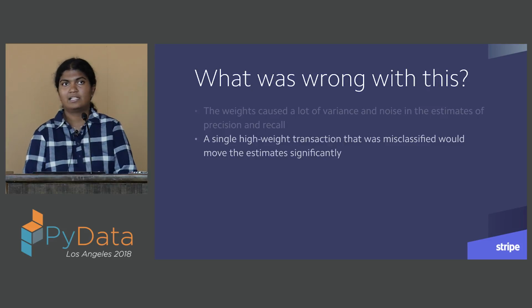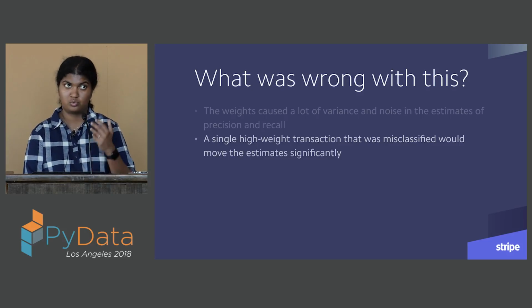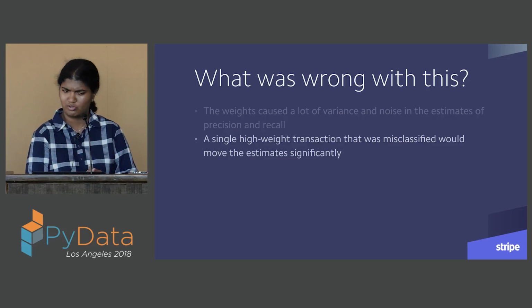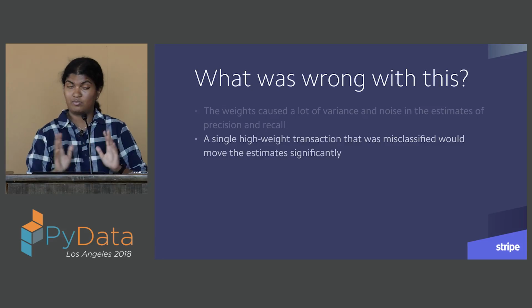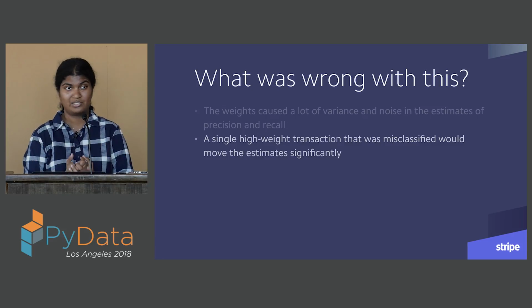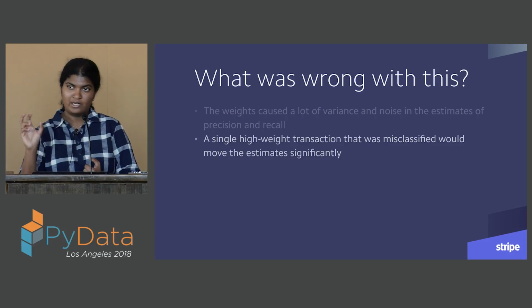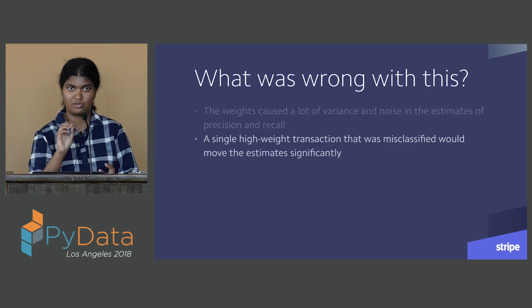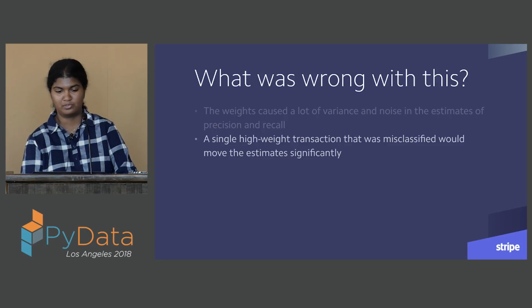So what does this mean? Let's say we had 10 fraudulent transactions, and one of those was a transaction that we reversed, and it had a p allow of, actually, let's say 0.01. It was a really, really fraudy transaction in the eyes of the model, and we reverse it with a probability of 0.01, so now it has a weight of 100. If we got this transaction wrong, the weight of 100 far supersedes the weights of the other 9 transactions, which are all significantly lower, and that would just end up really shifting the values of precision and recall.